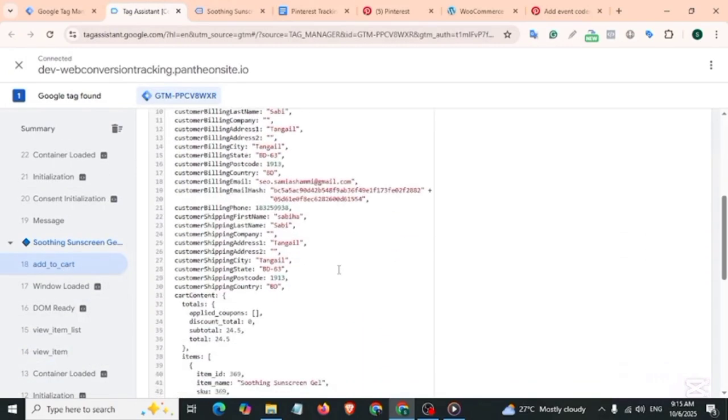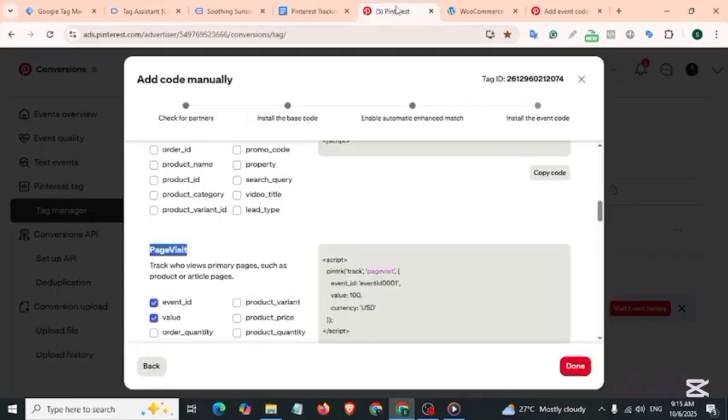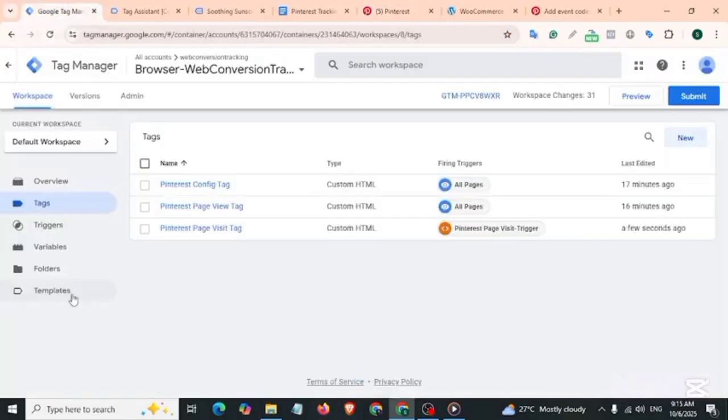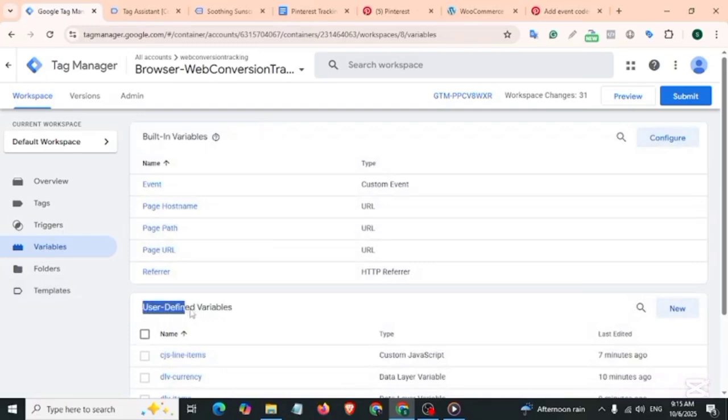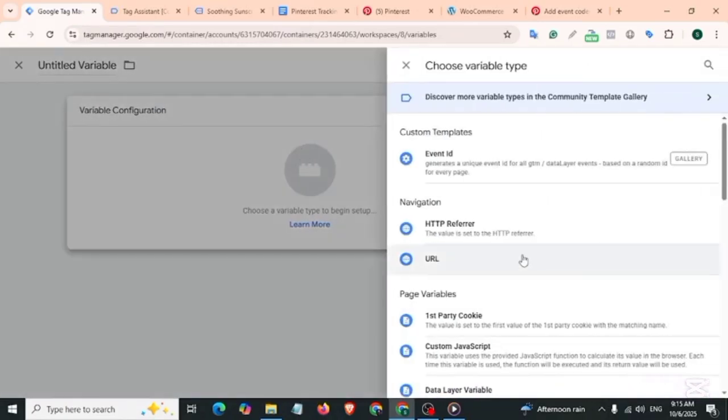Move on to the data layer, and here we see from the add to cart event we get quantity, and Pinterest recommends that in the add to cart event we send the order quantity parameter. Back to Tag Manager, and let's create a variable for order quantity. Inside user-defined variable, new variable configuration,